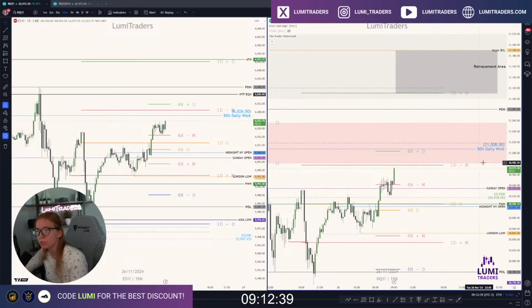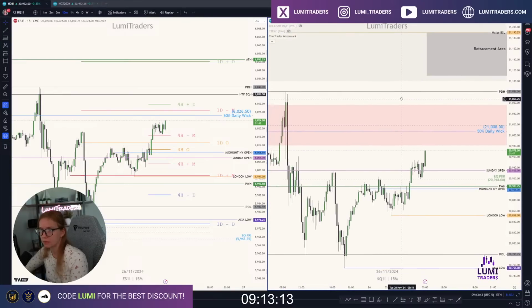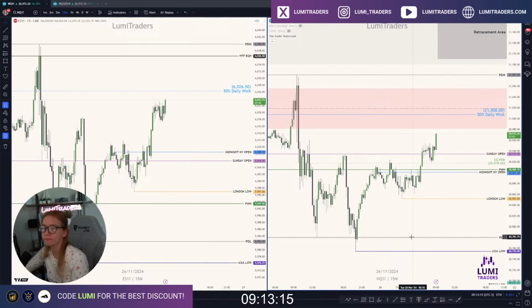So the plan right now is just to see how we react from 50% of daily week. Because if it wants to react, for example, we may retrace back to New York midnight open. Near New York midnight open, we have the test of previous week high right here. So basically near New York midnight open, we have daily open, previous week high, and 4-hour open. Lots of different levels around this. Once again, most likely I will be interested in a move lower only from 50% if I can see the action. Otherwise, it will just continue going higher. I hope it makes sense. It's just my plan for now.